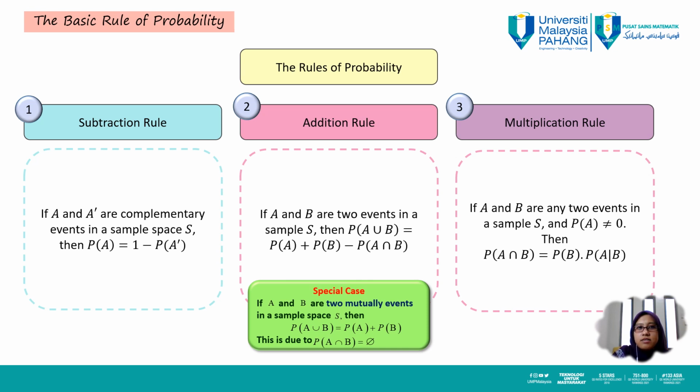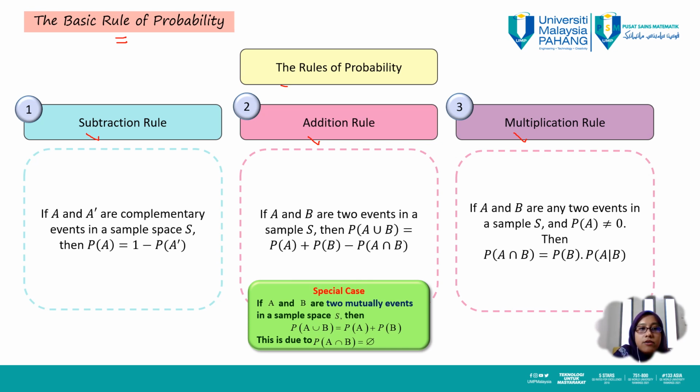Now, let's discuss the basic rules of probability. There are 3 rules of probability. The first one, we have the subtraction rule. The second one, we have the addition rule. And the third one, we have the multiplication rule. Okay, for the first one,